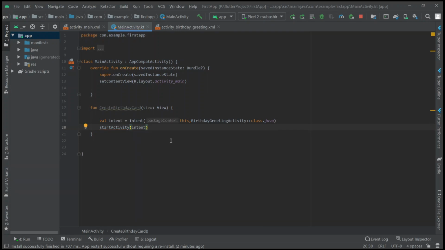So that's all. From where are we getting this startActivity constructor? It is from AppCompatActivity. As this MainActivity is extended by AppCompatActivity, all the constructors which are in it can be used in this MainActivity. So what if we run now?